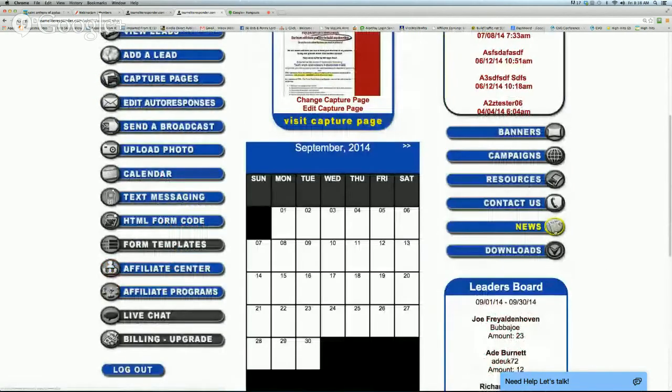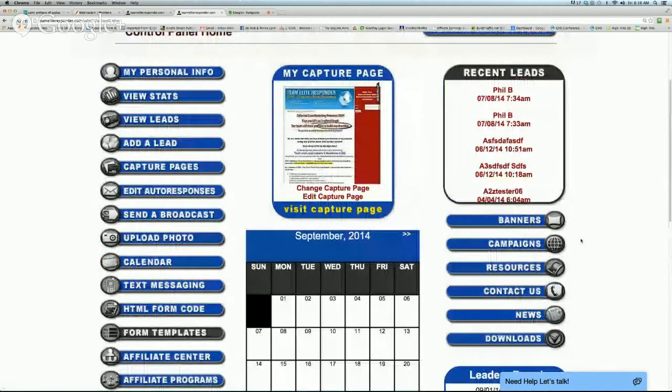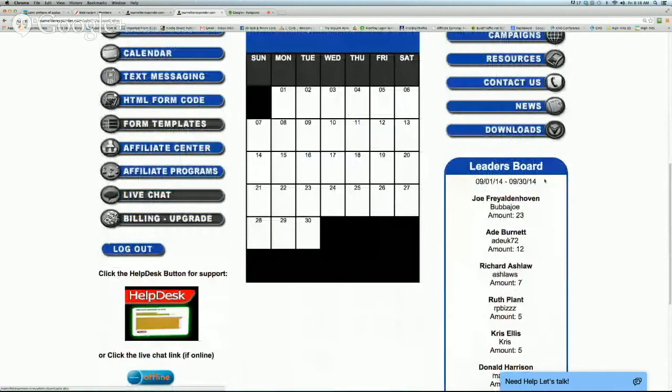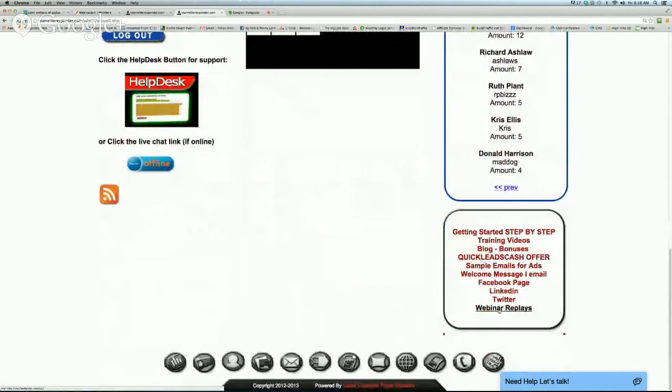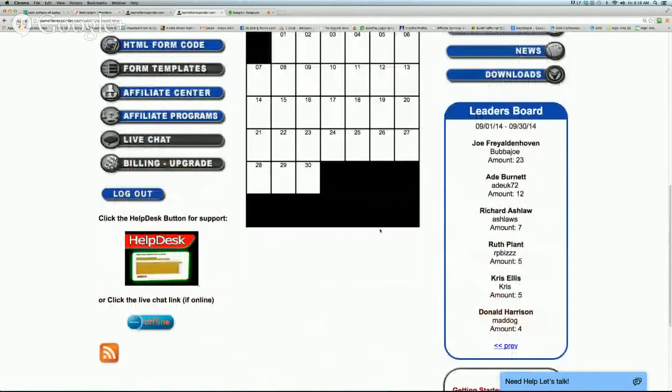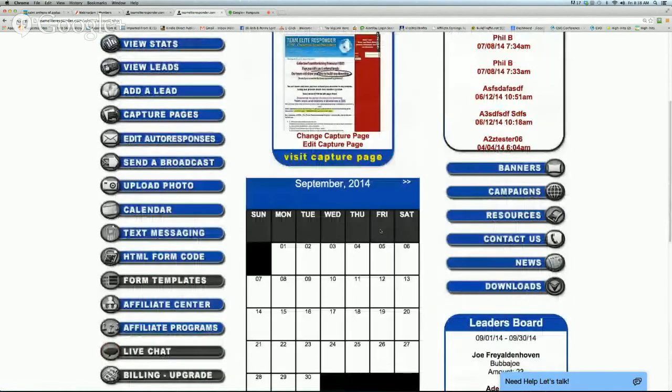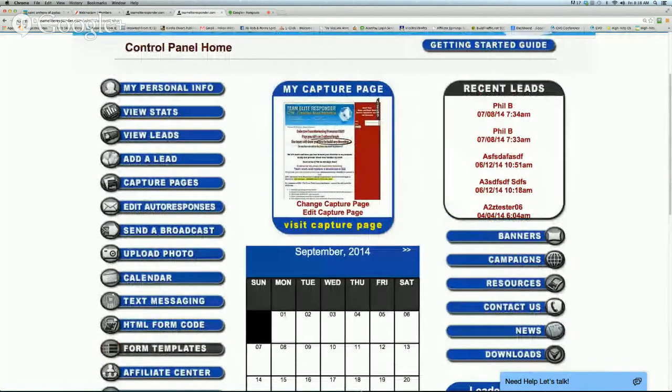The first thing you always want to do is check the news section just by clicking on that, and then always come back here and find out that information that you've been seeking. Most of the support tickets I get, it's all right here. I usually just reference one of these pages here. The information that people are asking about, it's always usually right there. Now what we're going to do now is we're going to go ahead and go to